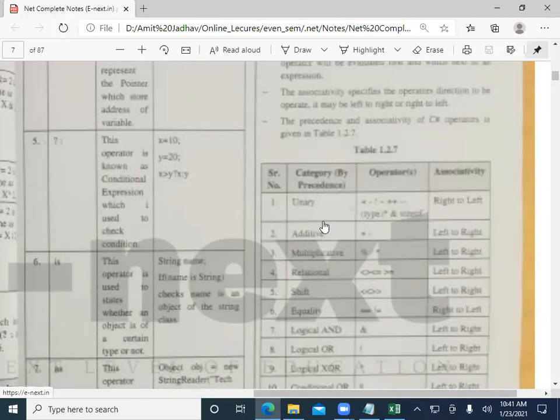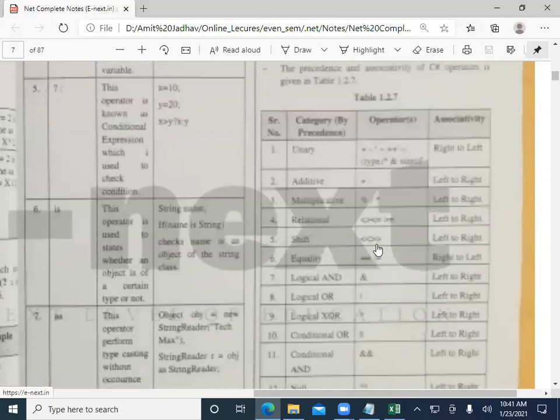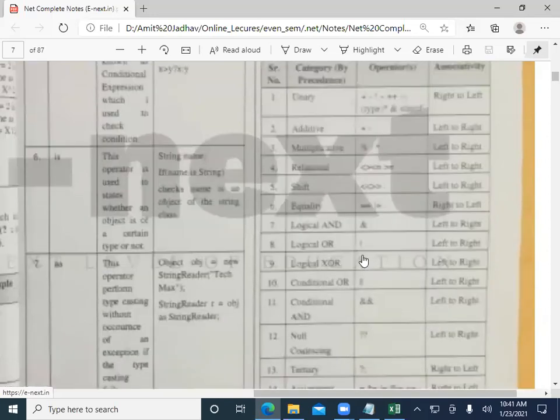Then divide and percentage have greater precedence, then divide and then multiplication. Then for not equal, greater than or equal to, less than or equal to. Shift operator, left shift greater, right shift less. Equality is greater precedence. Then logical and has greater precedence, then logical or, then XOR, then conditional or.